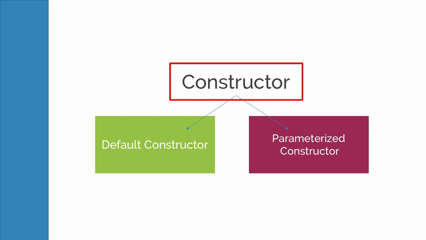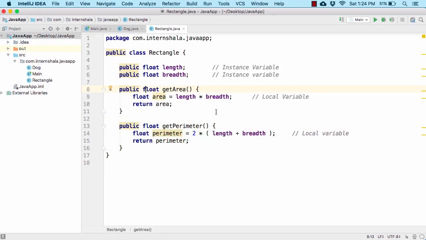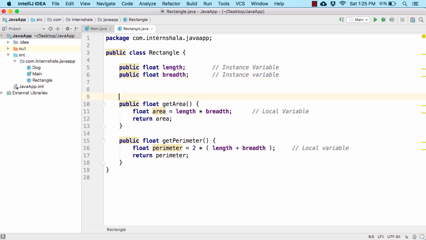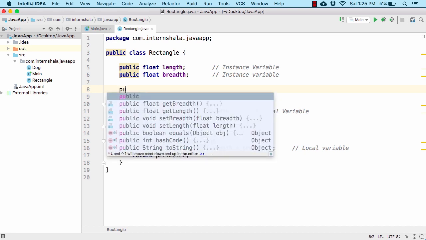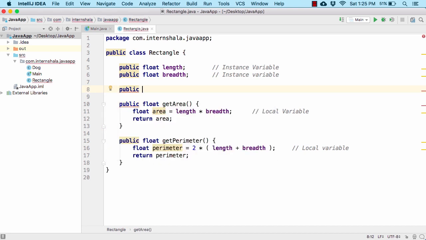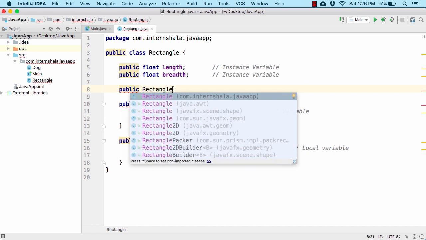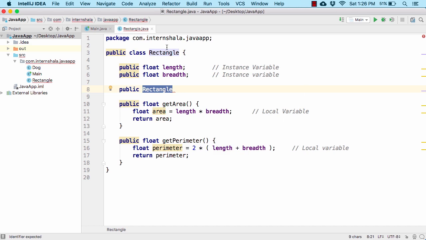case of object-oriented programming. So here inside the IntelliJ IDE and within the rectangle.java class, let us do one thing. Right after the instance variable declaration, let us define our constructor. First, we need to define a modifier such as public, then give it a space and define the name of the constructor. A constructor for a class should always have a name exactly same as that of the class name. So here I will now define rectangle, that is, the name of the constructor should always be same as that of the class name, right?